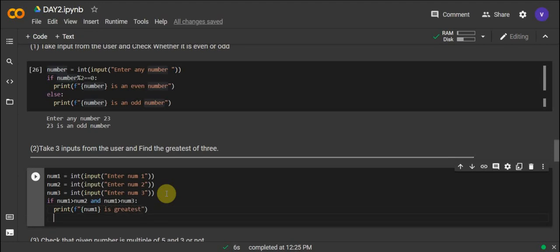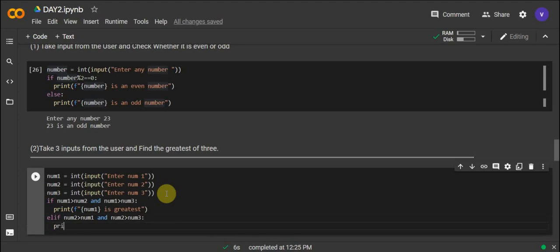Similarly, we can use elif num2 is greater than num1 and num2 is greater than num3. We have to print f